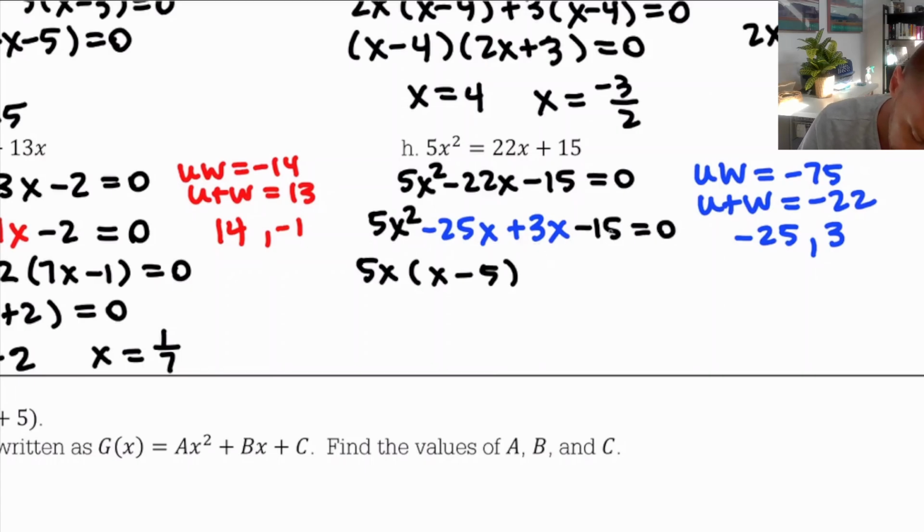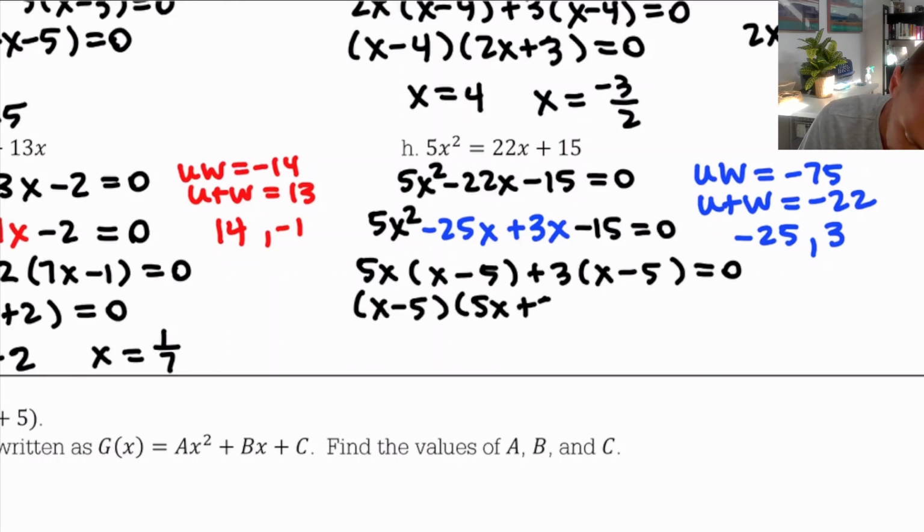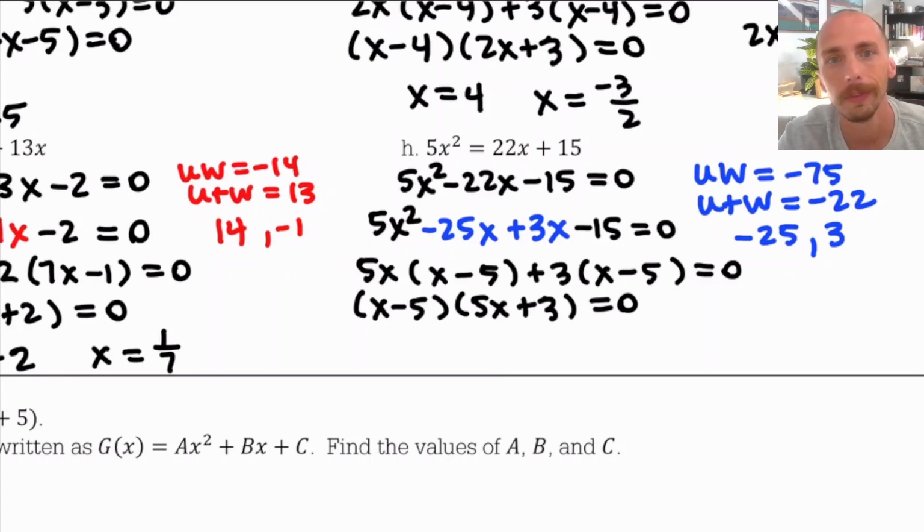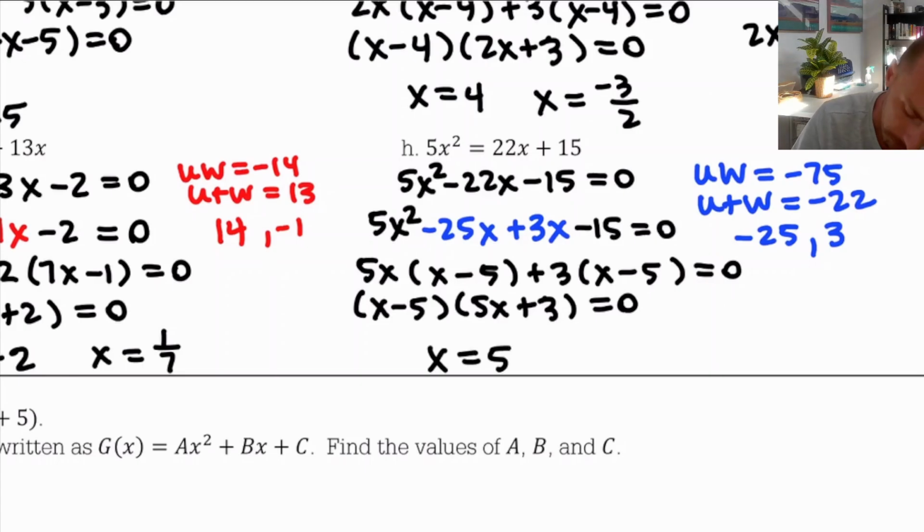And then from 3x and negative 15, 3 divides 15, so I'll factor that out and be left with that same x minus 5. So then on these, I'll factor out the x minus 5 and be left with 5x and a positive 3. Now that I've got it fully factored, I can apply the zero product property and say, if these two things multiply together to equal 0, one of them has to be 0, so it's either the case that x minus 5 equals 0, which would give me x equals 5, or 5x plus 3 equals 0,